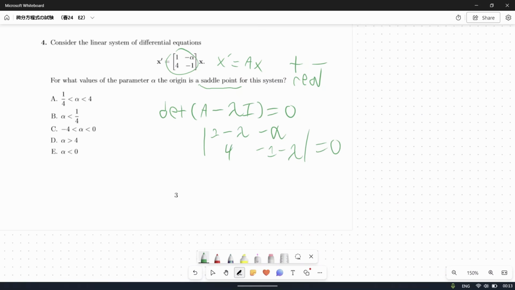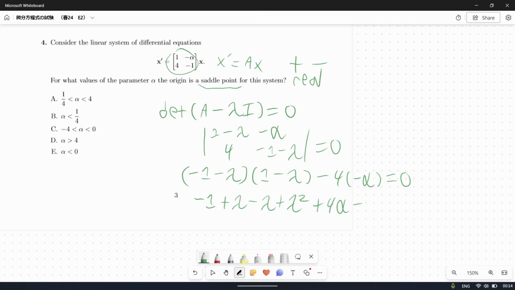And in order to take the determinant of a 2 by 2 matrix, you'd have to multiply the top left term times the bottom right term and subtract the bottom left term times the top right term. And so what that ends up looking like is you have negative 1 minus lambda times 1 minus lambda minus 4 times negative alpha equal to 0. And so let me solve this out. So you end up with negative 1 plus lambda minus lambda plus lambda squared plus 4 alpha equals 0, which reduces further down to